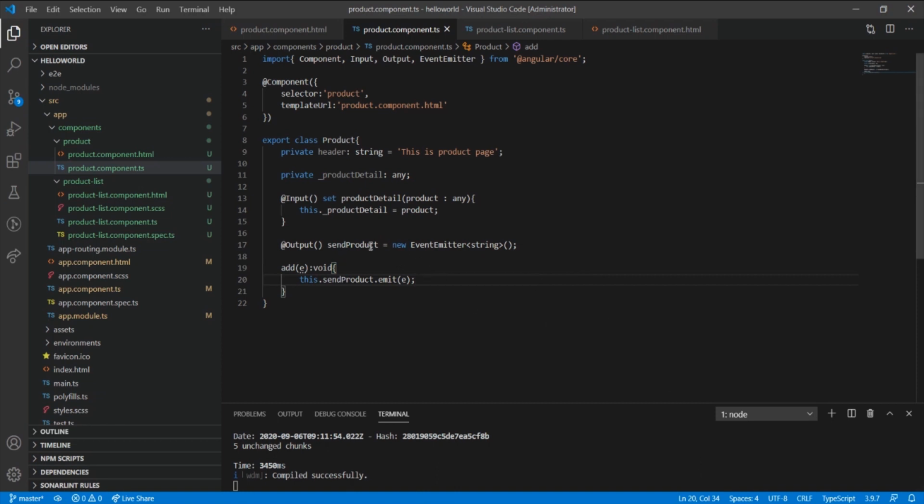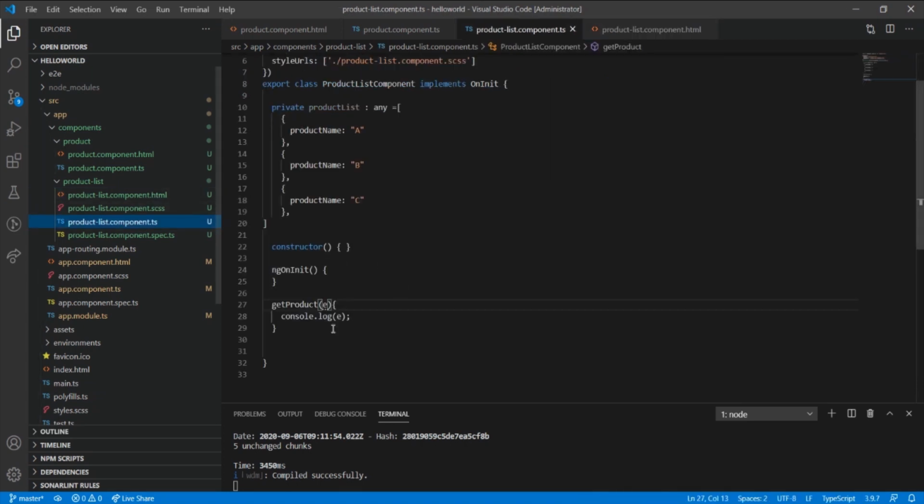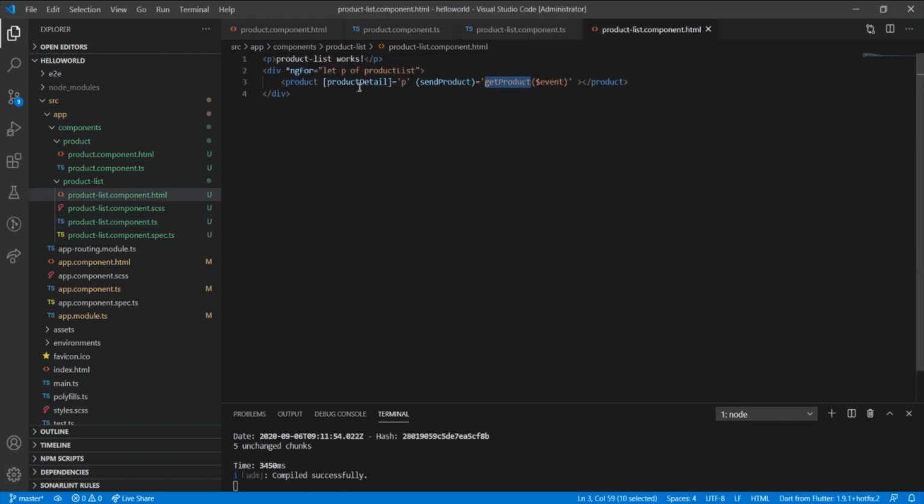Okay. Now through this output and emitter, the child is passing the data to the parent, is emitting the data, and the parent is getting the data through this event binding, and we are getting the data here in this method. On the other hand, the parent is passing the data through this property binding.